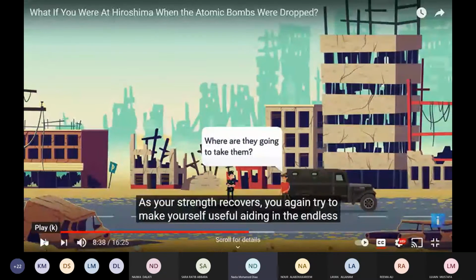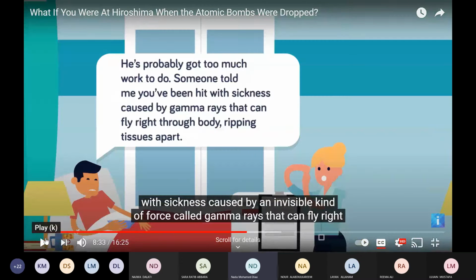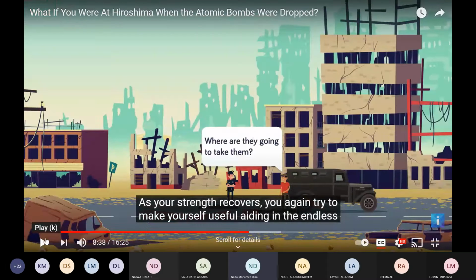So here he wants to tell you that this man didn't catch fire, he was not burned, but inside, his gut was burned. This radium, or what they have just mentioned, what is it called? Gamma rays. Yes, the gamma rays did what to his body? They cut the bodies inside, his organs inside.